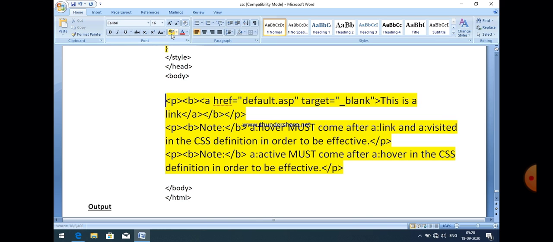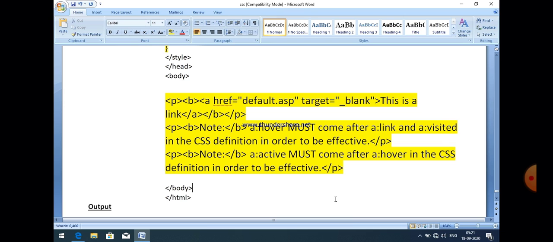For link we use actually anchor tag, and the address of a web page is given as a default.asp. ASP refers to active server page. Okay. First of all, a link is given.